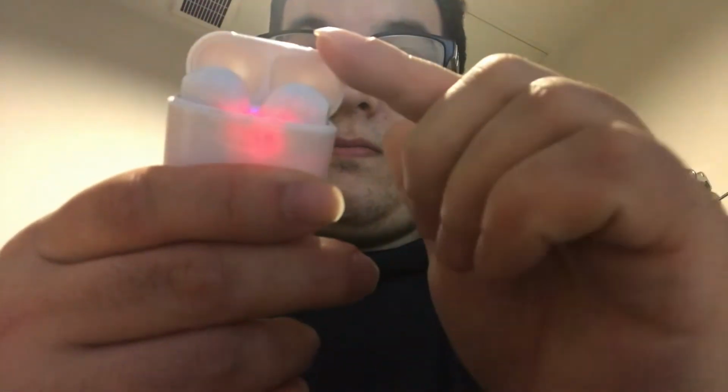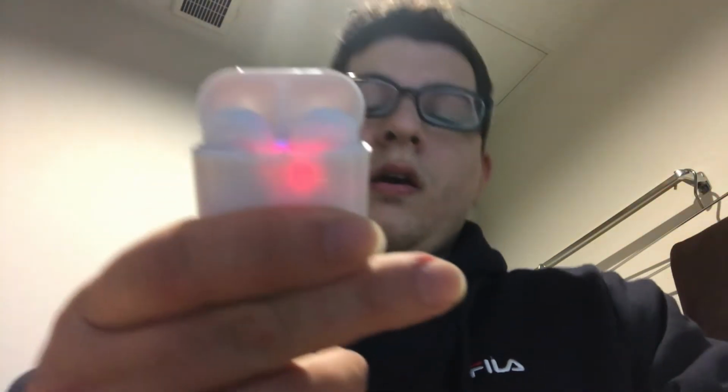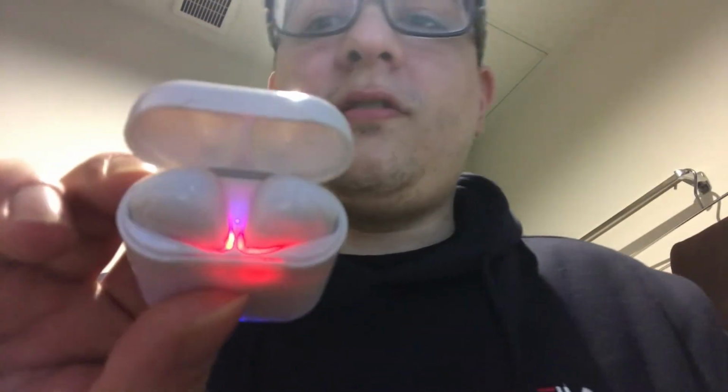I don't know. Some of the design I like a little bit better. It's almost identical to the Apple EarPods, but slightly different. And the quality of the actual case is not as good. There's not a magnetic catch, but you can definitely see the charging lights indicating, which I still don't understand, because there's a blue and a red. I don't know which color is charging or not. But anyway,